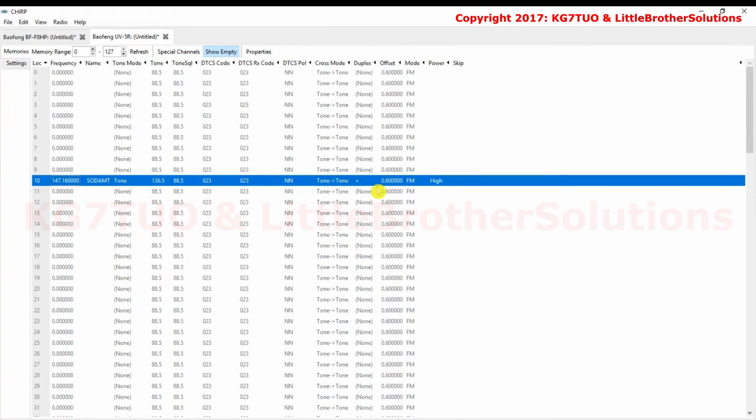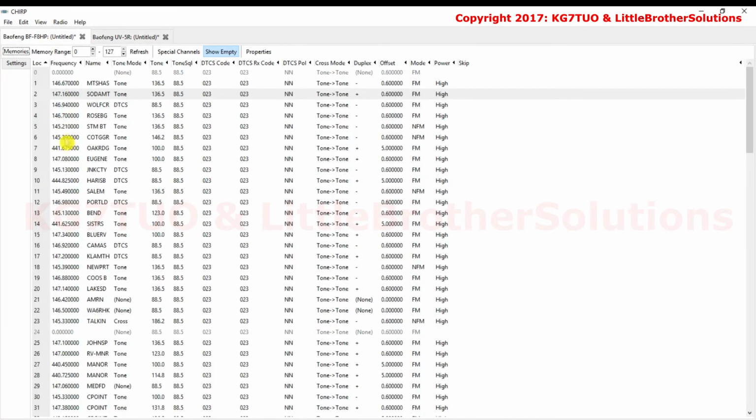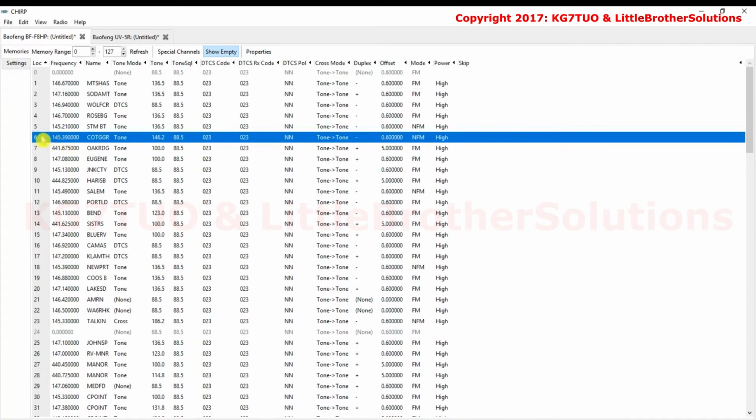Now, to copy several lines that are adjacent, go back to the Data tab, click on one that you want. Now you notice that I'm not clicking in the location field. That's because some of these fields you can click in. The frequency is one of them. But the location field is safe if you're a beginner.